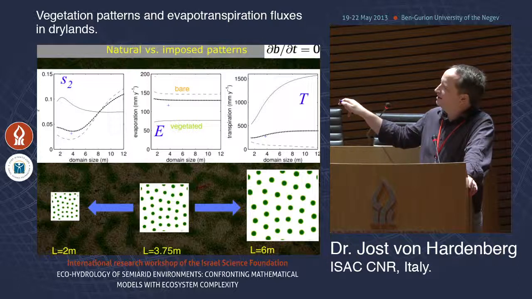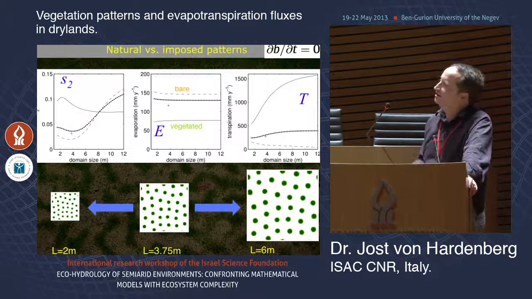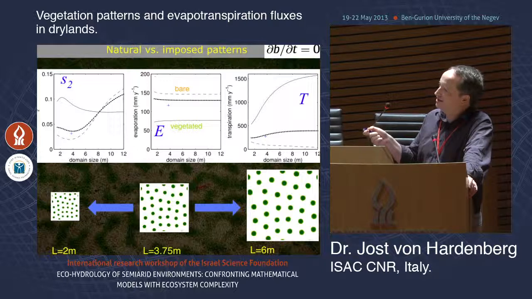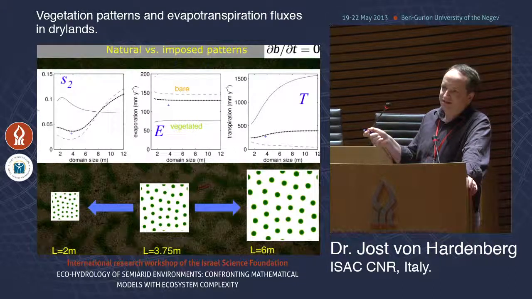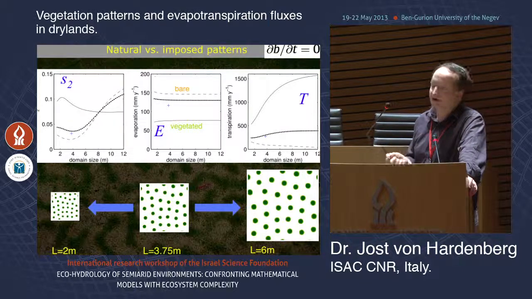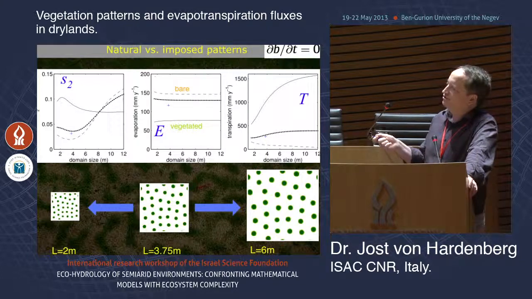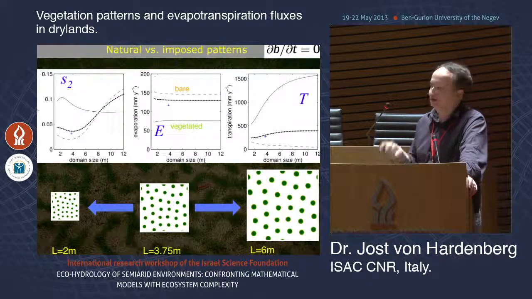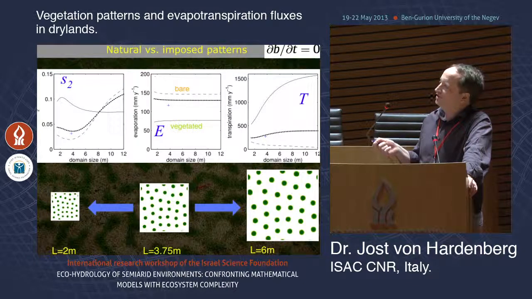What we see is a difference in terms of transpiration and particularly of soil water. If we go from our chosen size, where the pattern was chosen by the model itself, and we reduce the scale of the system, we see that soil water slightly increases. This is linked, and we have tested this, to the presence of a soil water diffusion term in the equations. Particularly, what is increasing is the soil water in the bare areas.